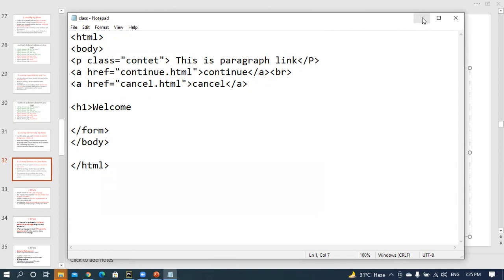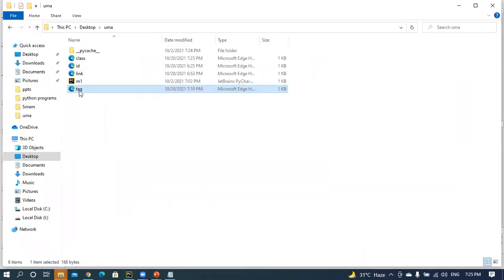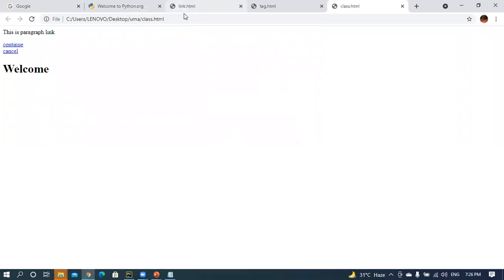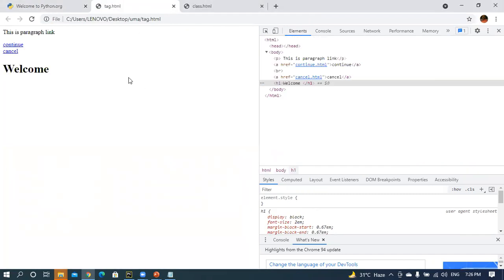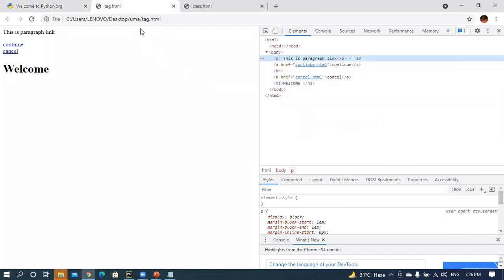How can you execute this one? In order to execute this, first you are going to open this particular class and identify the path for this particular class. For example, if you inspect this one, see here, it is a tag name.